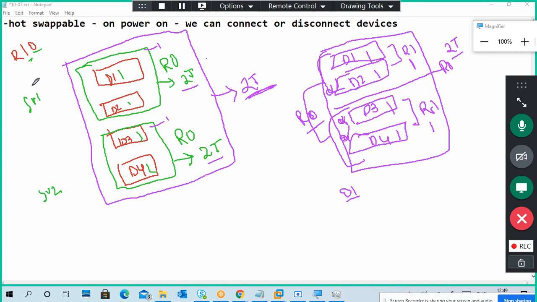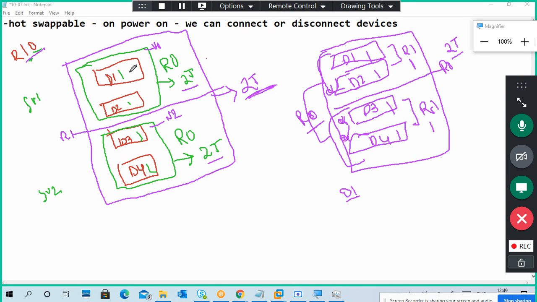Okay. So if you go to this RAID 10 part, D1 and D2 are connected in RAID 0, which means a striped volume. This is one striped volume, but both are in a mirror condition, which means RAID 1 is implemented between this volume and the second volume. This is volume 1. For example, you can put volume 1 and volume 2.